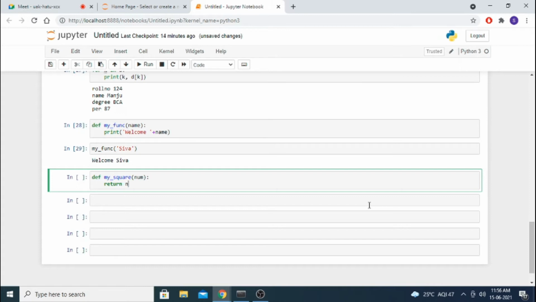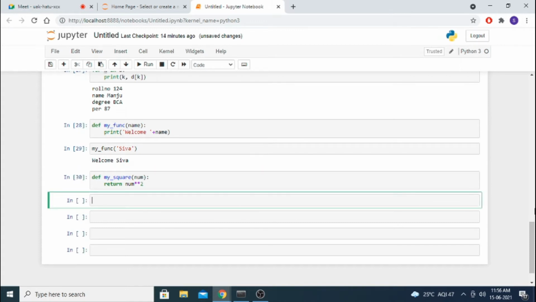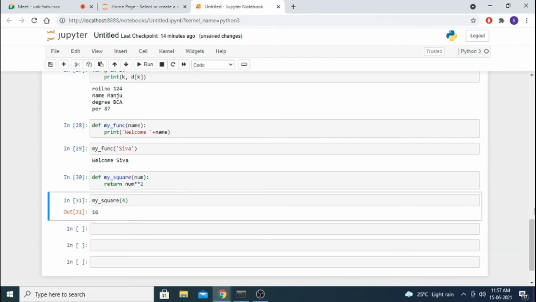It is going to return num to the power 2. It is a square. It will give. I am executing this thing. What is 4 square? 16. You are getting the things.